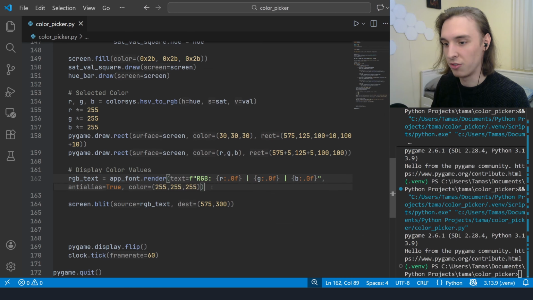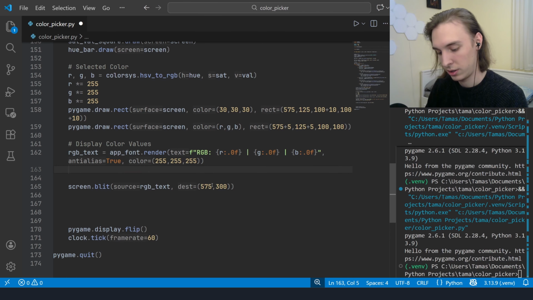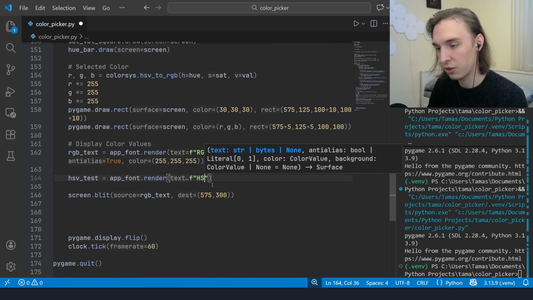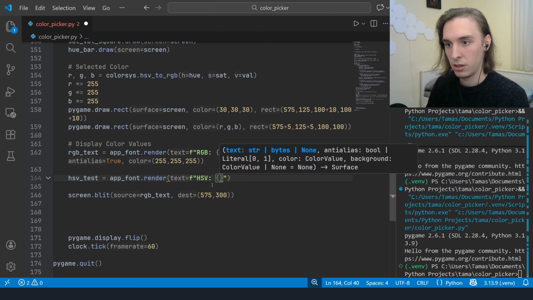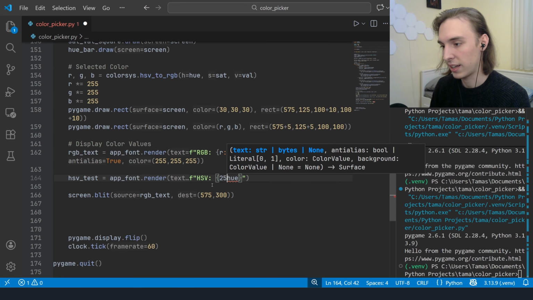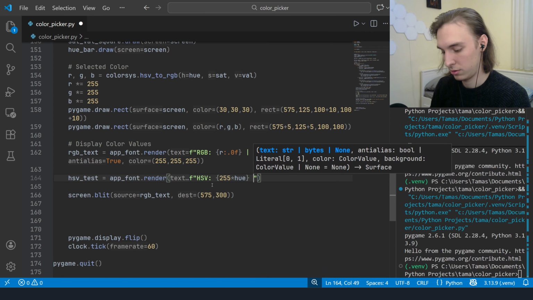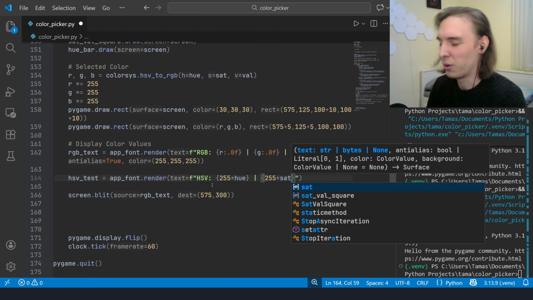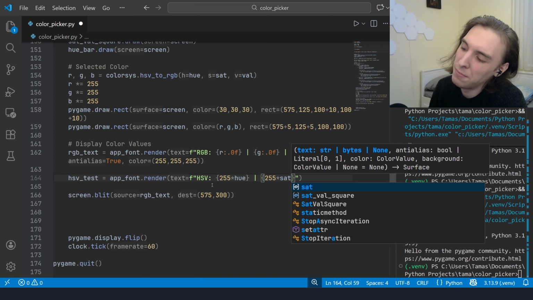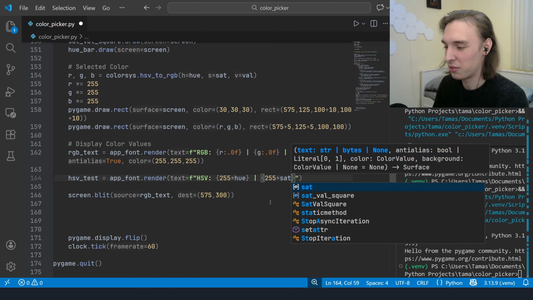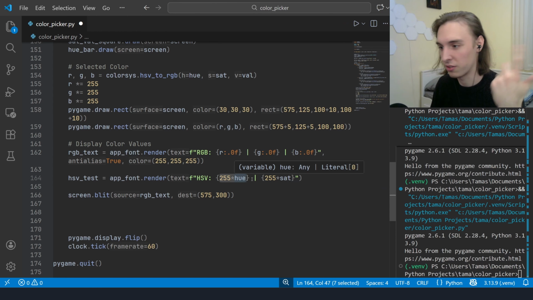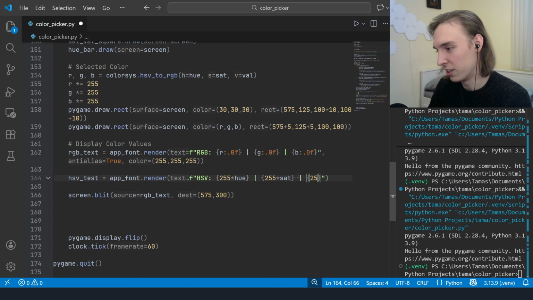Now we do the HSV color space. HSV text is our font render, again an F string, so HSV. And that is, again, just hue. And I guess now I need to do 255, because again I just want to have it with this 255. Or do I? Yeah, the thing is, it depends. There are also some applications that display the hue in terms of an angle, going from 0 to 360 or something. So I've seen it all. And val,